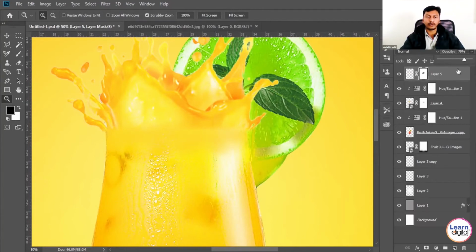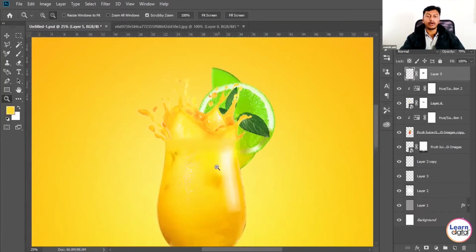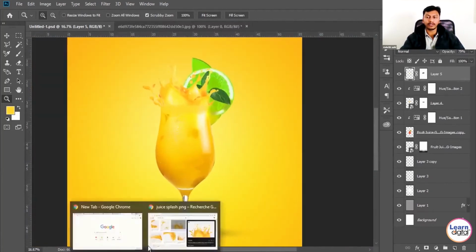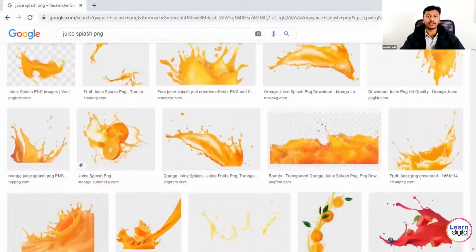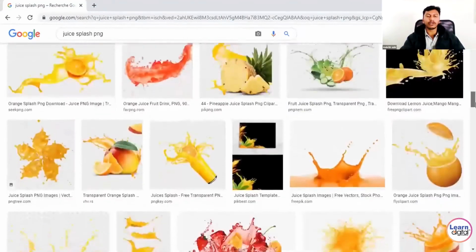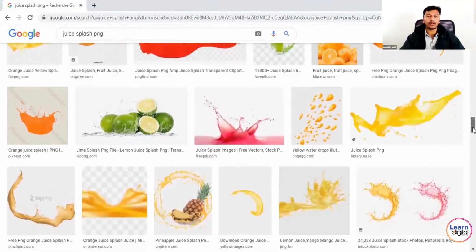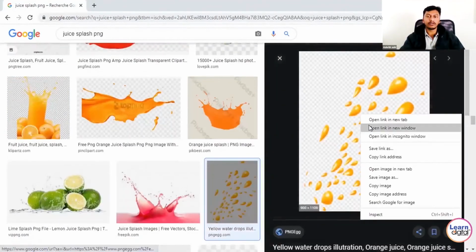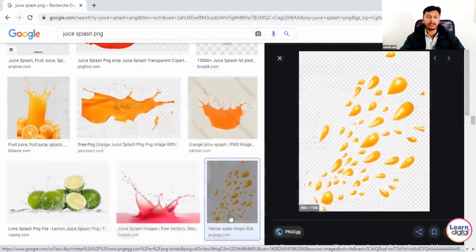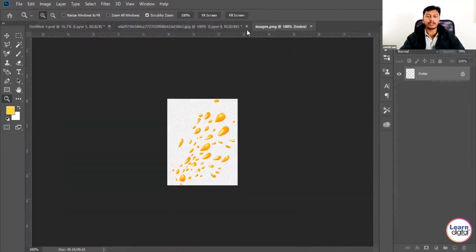So just follow the process. A lot more things you need to do whenever you are doing a product advertisement. Each and every individual thing you need to search. I suggest that before starting the work, download all the required resources, then make a folder and place everything in the folder. Then whenever you are doing designs or any posters, it will be very much easier to work.